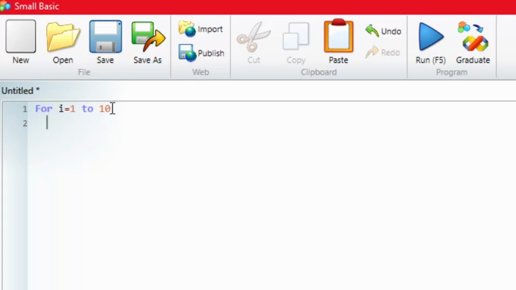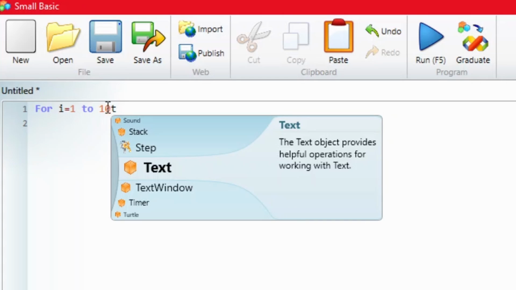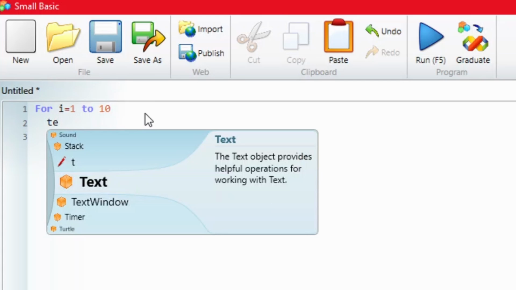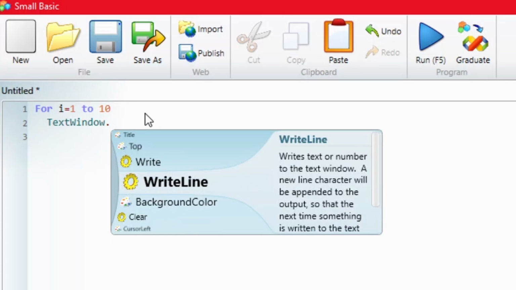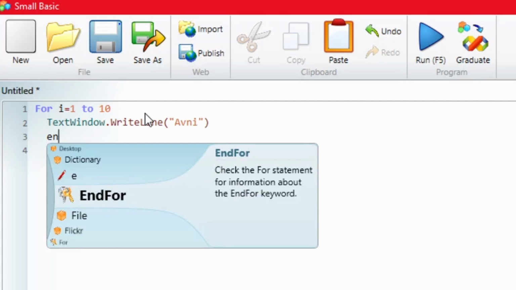Then here you will write TextWindow.WriteLine, parenthesis, inverted commas, and here you write Avni. Suppose I want to print my name Avni 10 times, and then enter and end for.